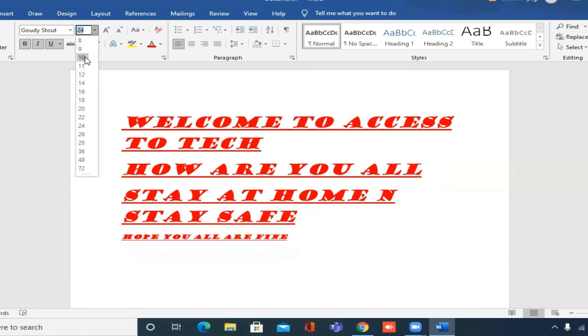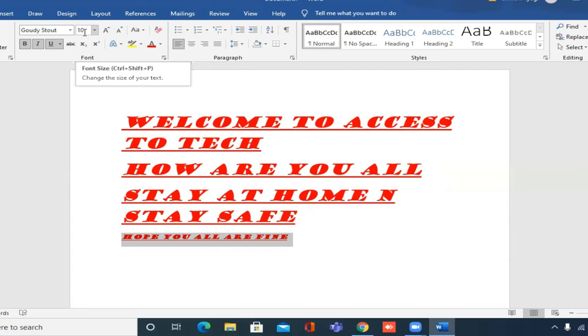I'm just clicking here and decreasing the size. So you can see that the size is 10 and it's quite short. Just after the number 10, you will see A. From here also, you can increase or decrease the size. The big A means to increase the size, and there's another one to decrease the size. So if you don't want to do it from the box, you can simply do it with the help of these two options. One is for increasing, another one is for decreasing. Now you can see that we have already decreased the font size.